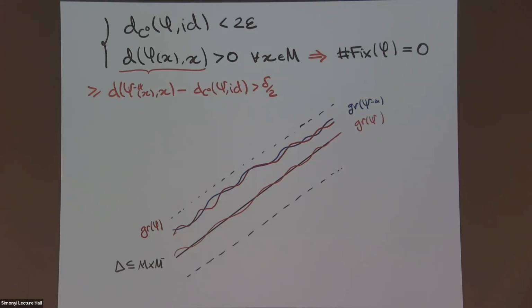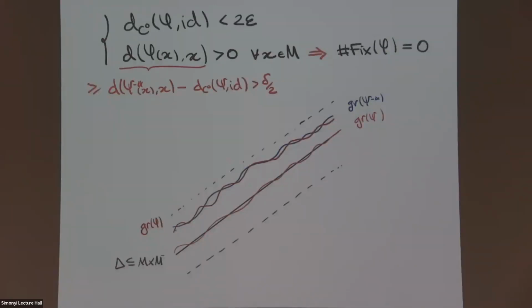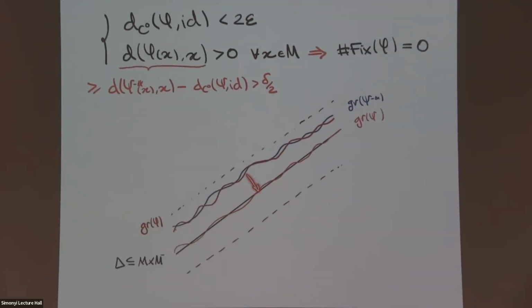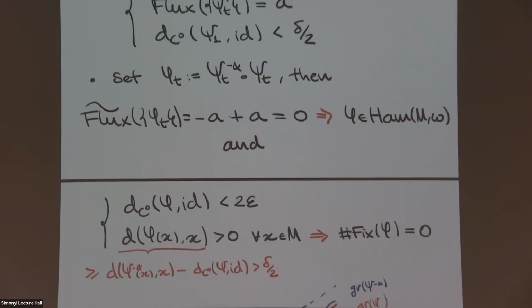So in the case where there are no fixed points, the graph is going to lie at some positive distance from the diagonal. And now we take this almost loop arbitrarily close to the diagonal. We can get as C0 close as we want to the diagonal. And then we compose these two things. So we define psi t here by composing that isotopy with this almost loop. So the time one map,